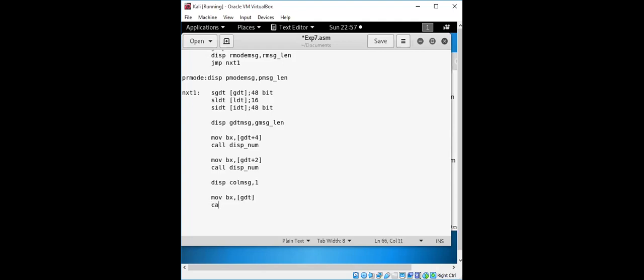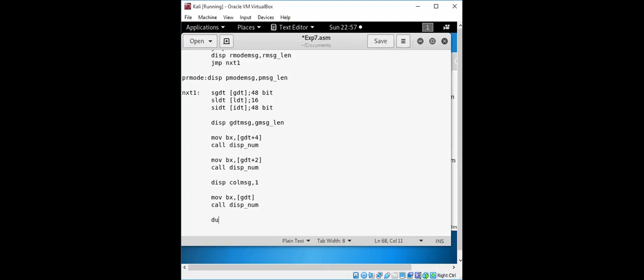Out of that, the first 4, then the next 2 bit, and overall your P bit. So it will have a number of contents, and we display that here, the number or actual contents. So this is for GDT.